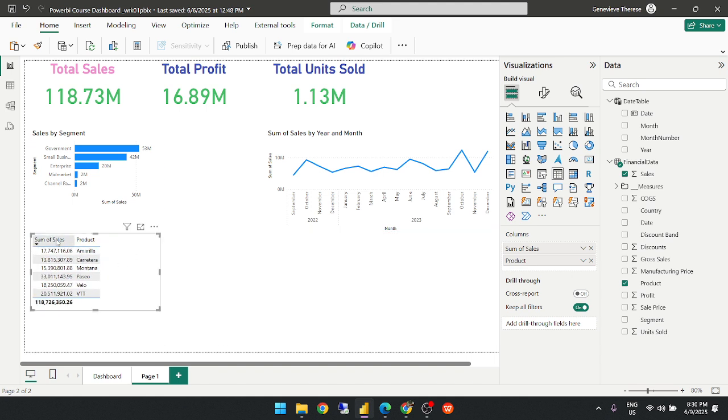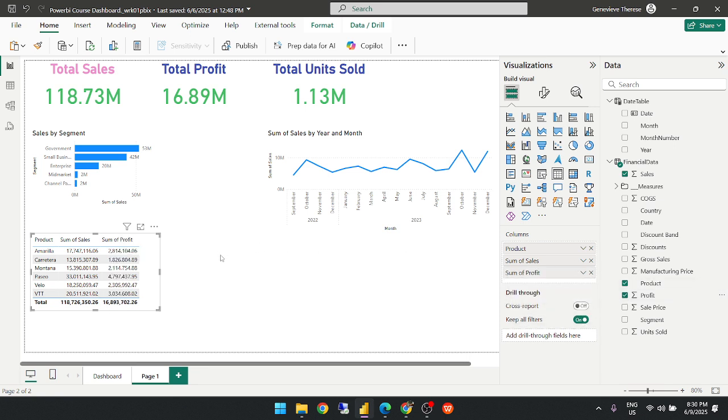Okay, so obviously that doesn't look too good. So here, when we're able to use multiple fields in a table, we can start adjusting and moving them about. Okay, so I'm going to just drag product above total sales. We wanted profit, I think. So we're going to chuck in profit as well. And then